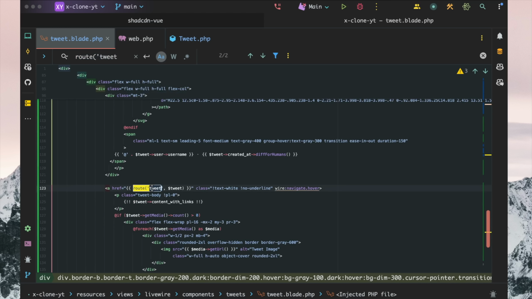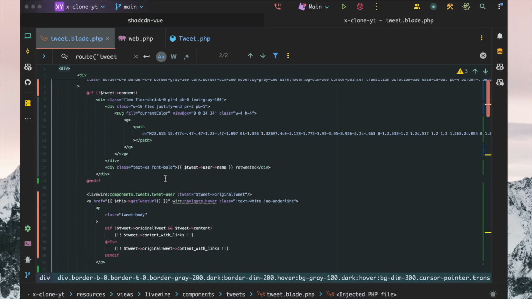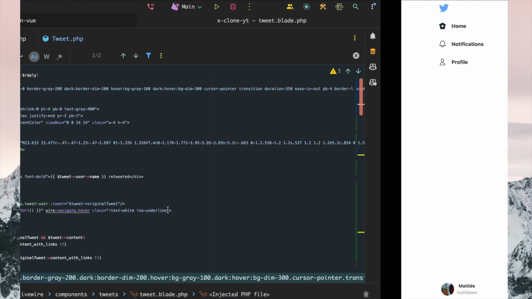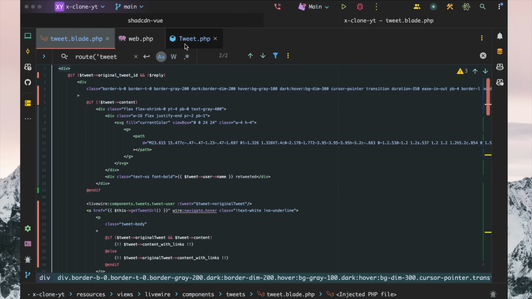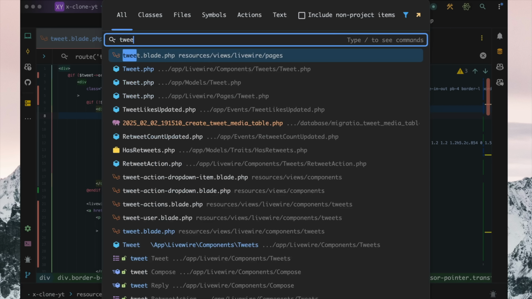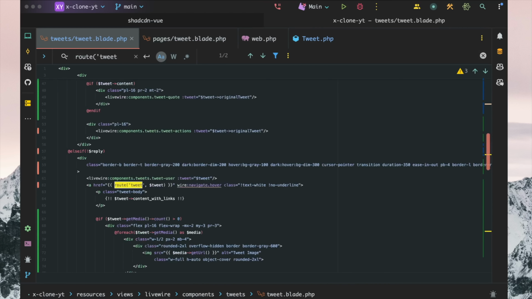You're gonna do the same in here. We're gonna just see how this looks now. This looks a little bit broken. So what we're gonna do now is inside our tweet page, we have the reply and everything in here. Essentially the tweet page should look like this,